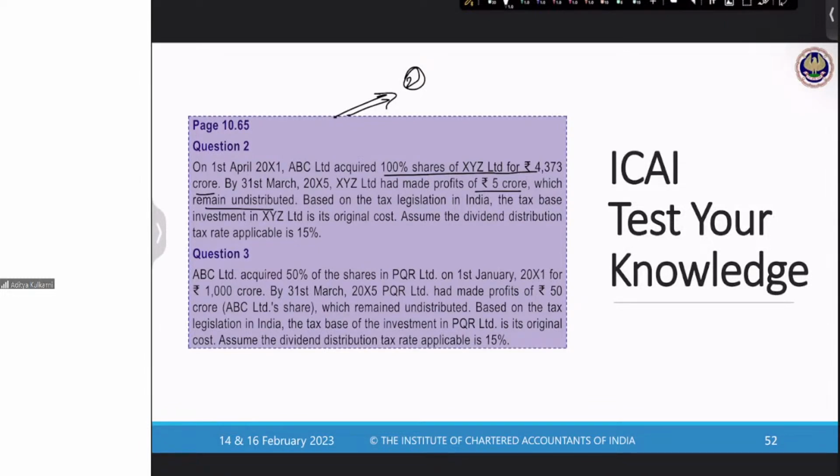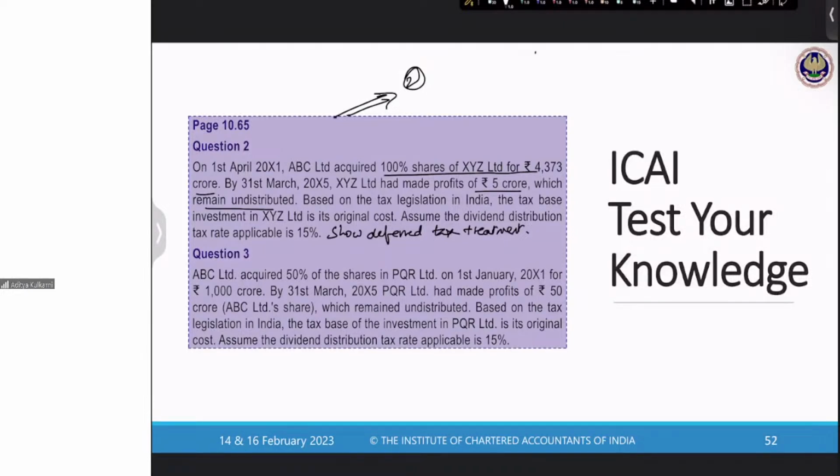Assume the dividend distribution tax rate applicable is 15%. Okay. So now the question is, show the deferred tax treatment. Okay. So now